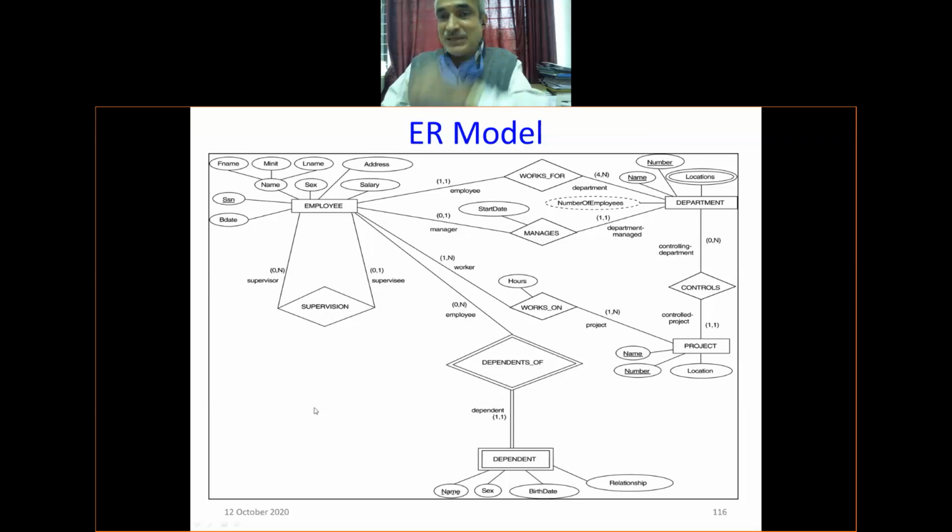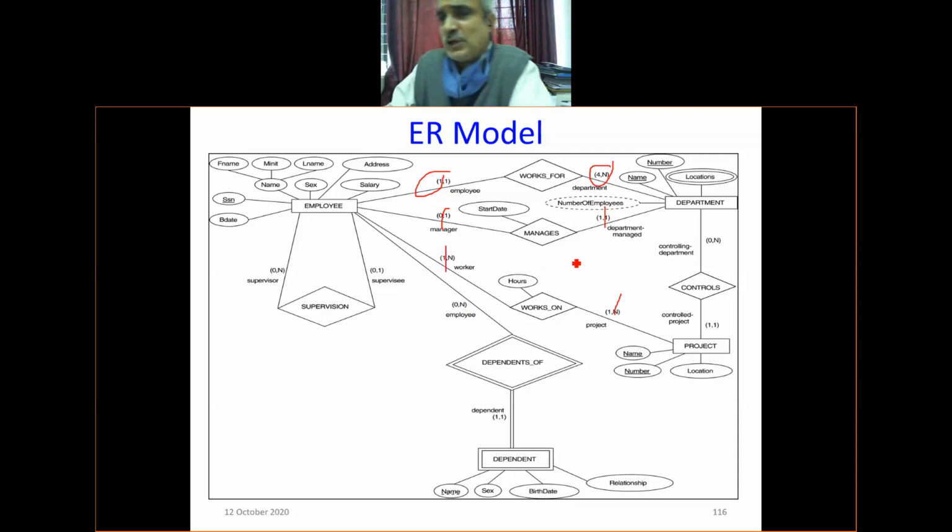When you prepare a schema, then only you understand this 1 comma 1. Please remember, all of you, you must be in the position to prepare and give examples for all these things. Schema, all these things, look at that. What exactly do they mean, right?